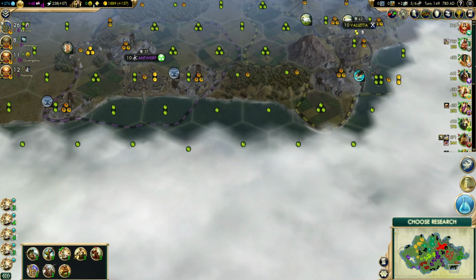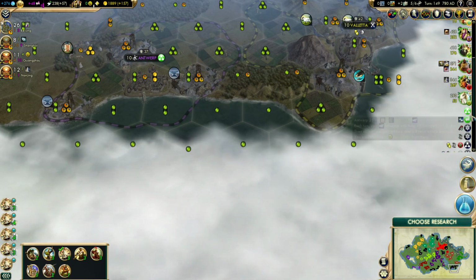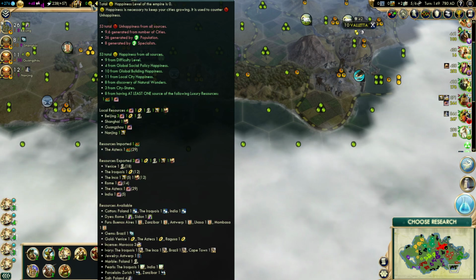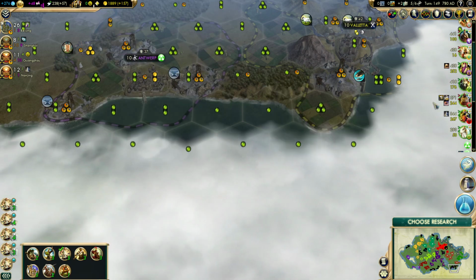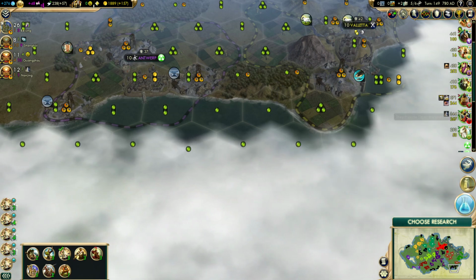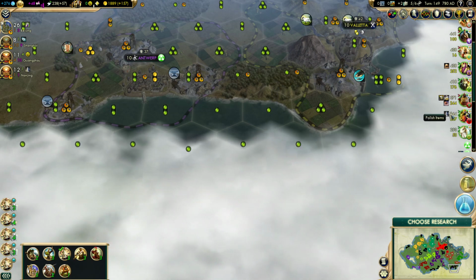Or has salt, I should say. It is Poland right now. So let's see. First of all, we want to see how soon is another luxury coming back. Copper in 5 turns. Are we already selling copper to this guy? It does not appear to be the case. So if we can hold off 5 turns, we can just trade the copper straight up for...